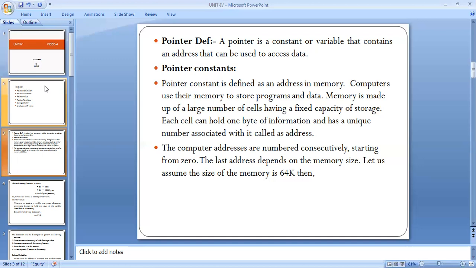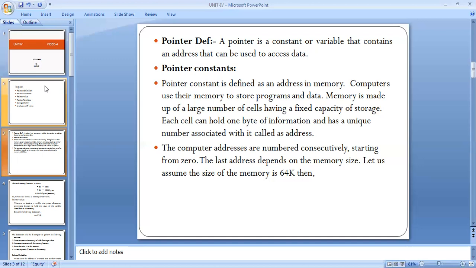Memory is made up of a large number of cells having fixed capacity of storage. Each and every memory can have large storage, and these storages can be divided into small cells.